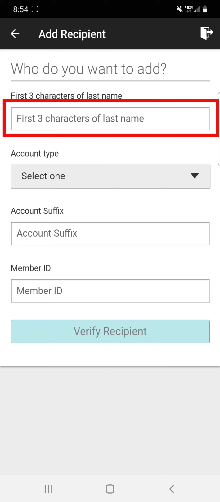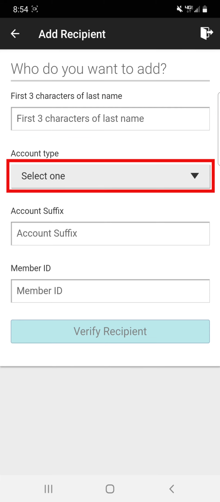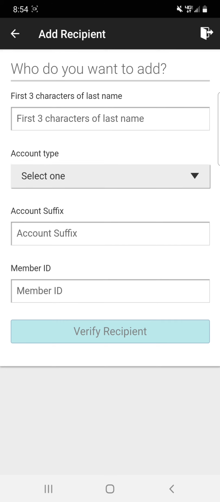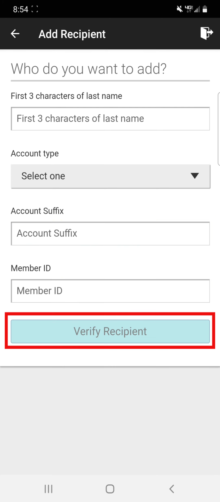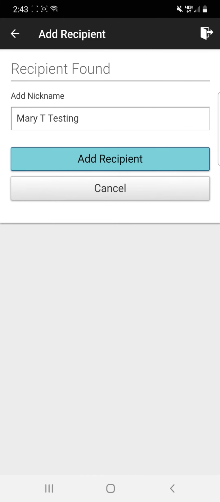Add the first 3 letters of the member's last name. Select the type of account you are transferring money to. Checking and saving accounts are considered regular share accounts. Enter the suffix and member ID, then select Verify Recipient. Once the member is verified, they will be added to your recipient list. Once you select Add Recipient,